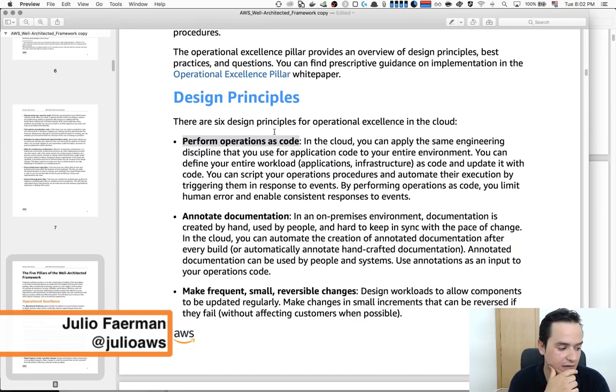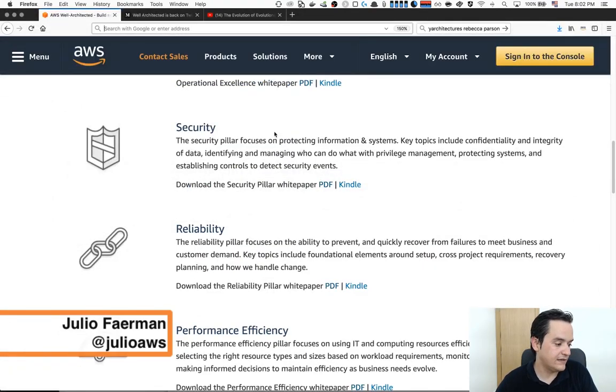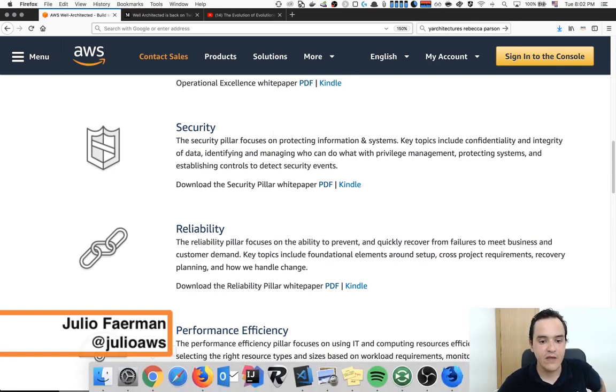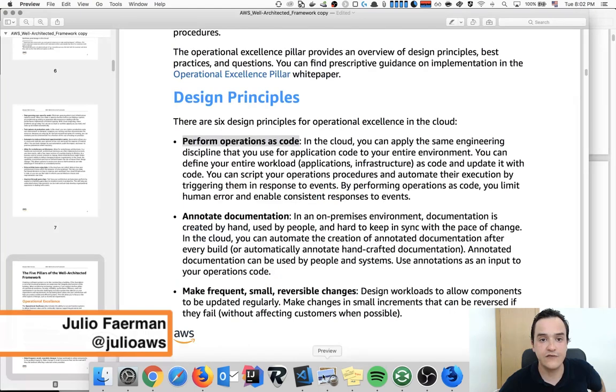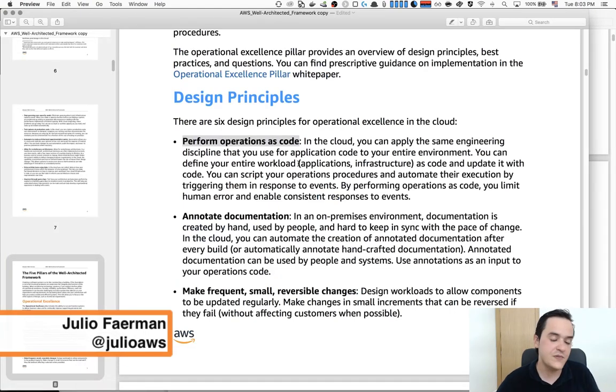If you are a veteran of CloudFormation, and I'm sorry, I know that I have a few colleagues watching this and may know much more of CloudFormation and performing operations with code, but I'd like to make this really friendly and create this reference, so in the future when we are doing more advanced stuff, we can always go back and see this small introduction to CloudFormation and what we mean by performing operations with code, okay? And you can see that